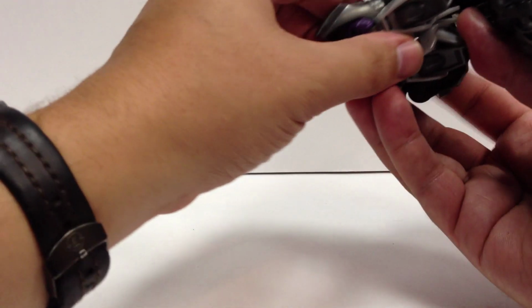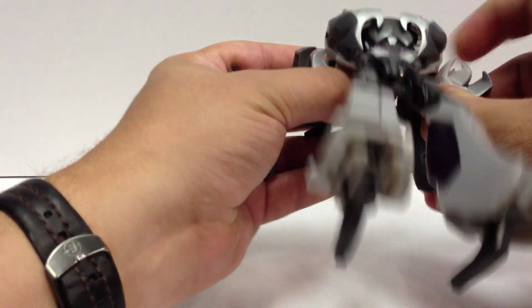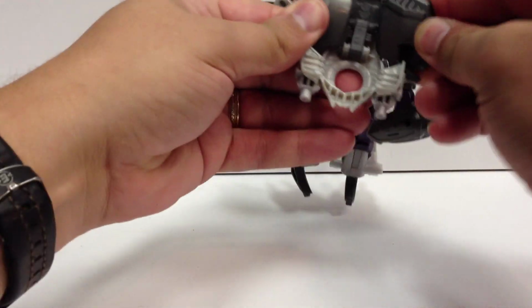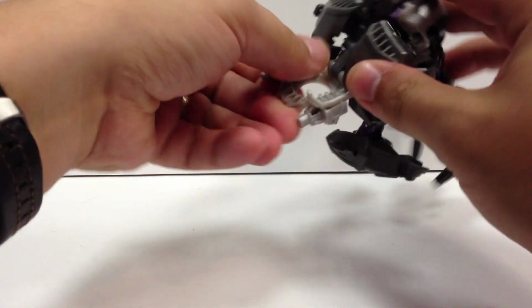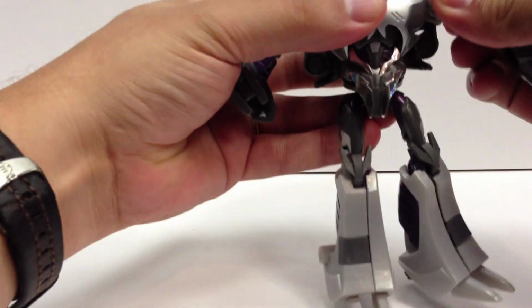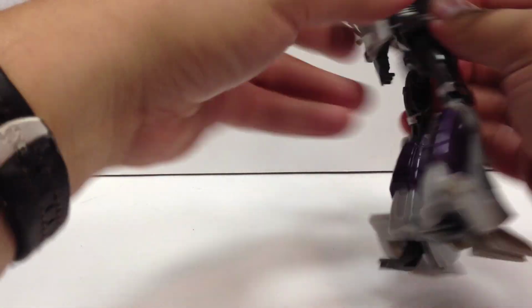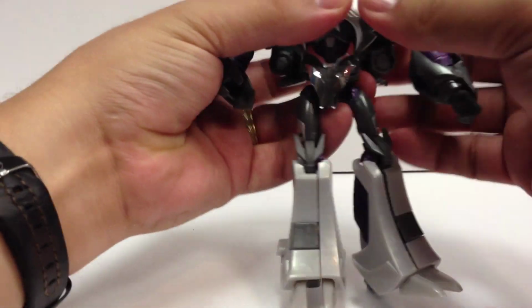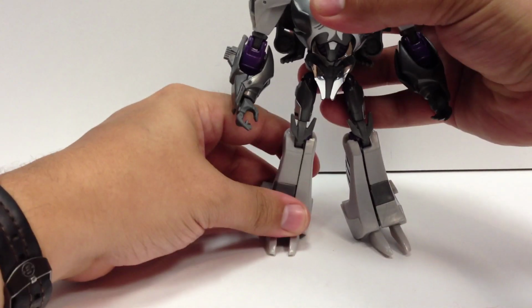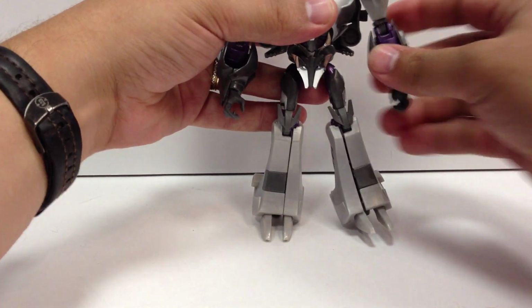Move that up. Let's get his hands out from back here. Lift this up. And there he is in robot mode. And again, just like before,